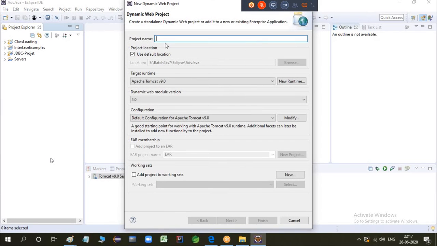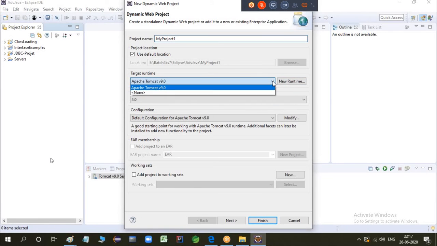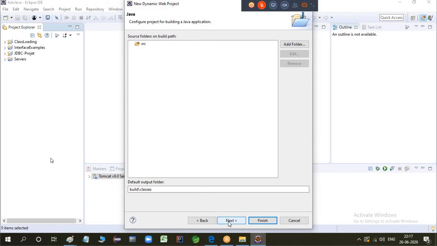Okay, give some project name. I'm giving my project 1. Just check once what are the versions here, what's the runtime environment you're using here, Tomcat 9. Dynamic web module version, all these things, just keep it as default. Click on next. SRC is the folder where all the source code will be available, and by default it's showing you classes folder, the build classes folder where your .class files will be available.